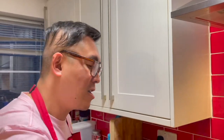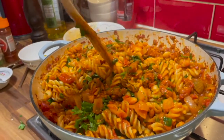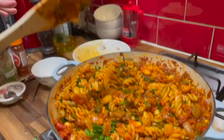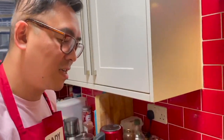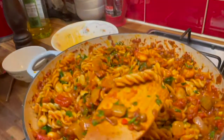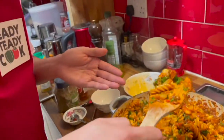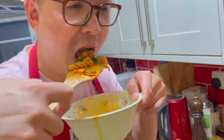So here you have it, people. This is my Spanish-inspired chorizo butterbean pasta dish. Shall we have a bit of a taste? Would that be cheeky of me? Okay, this is really bad, people, so sorry I'm doing this, but